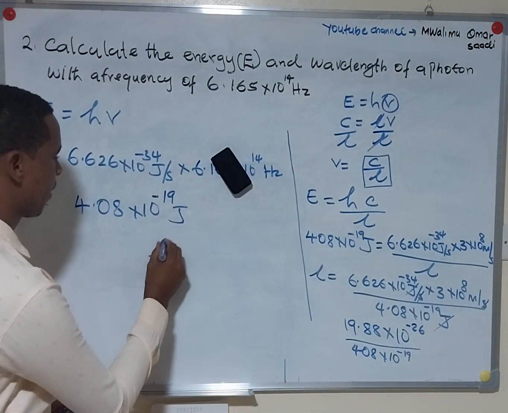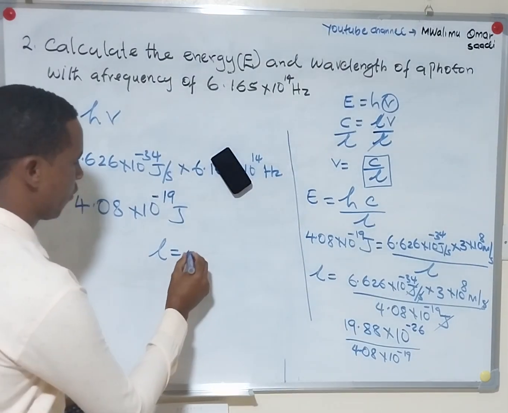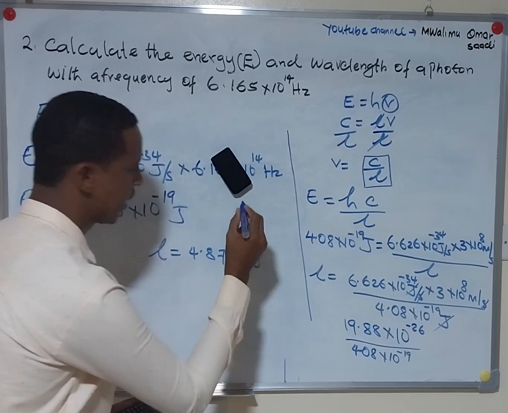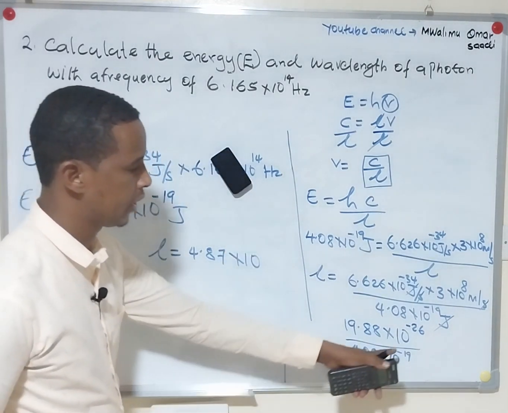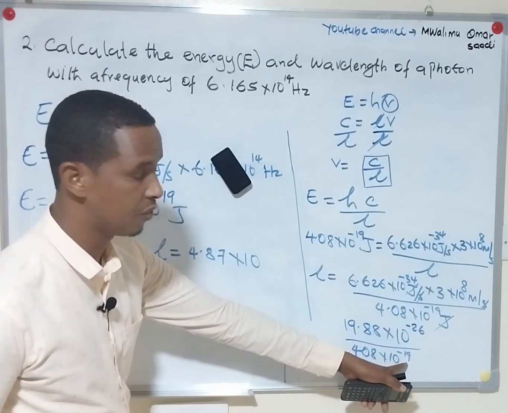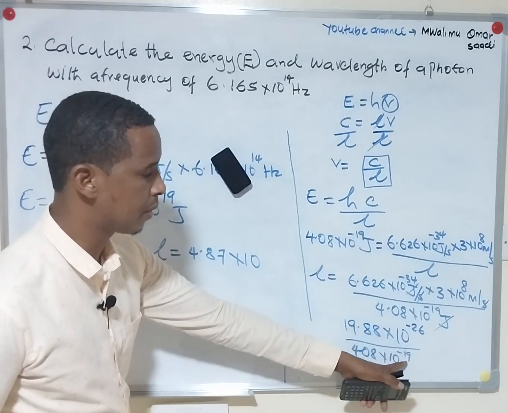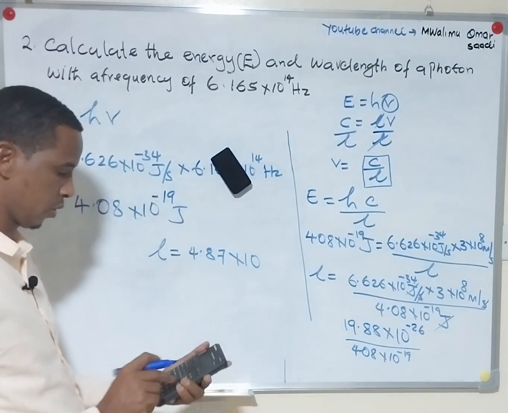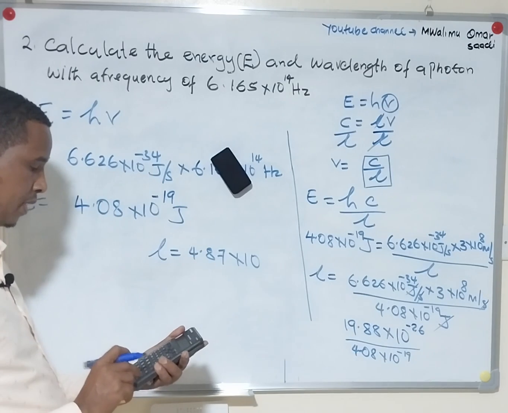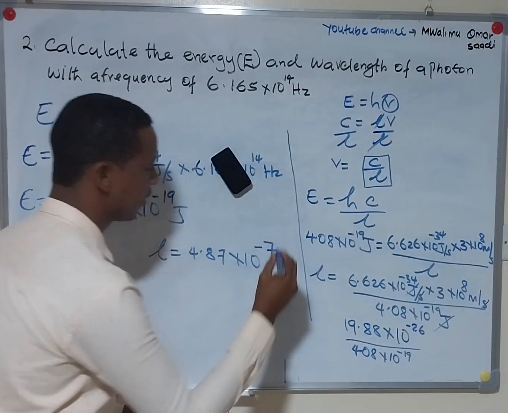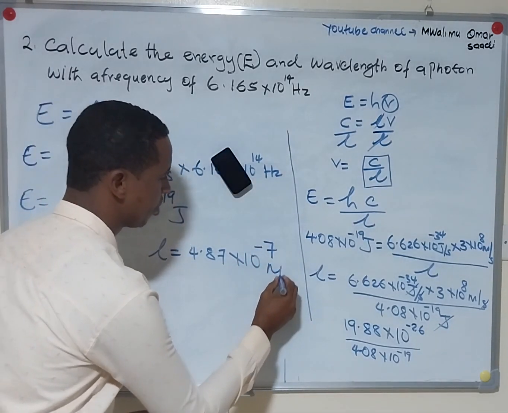So our wavelength is equal to 4.87 times 10 power. Here we have negative 26 and negative 19. So since it is involving division, we subtract: negative 26 minus negative 19, so that will be negative 7. So negative 7 meters. So that is